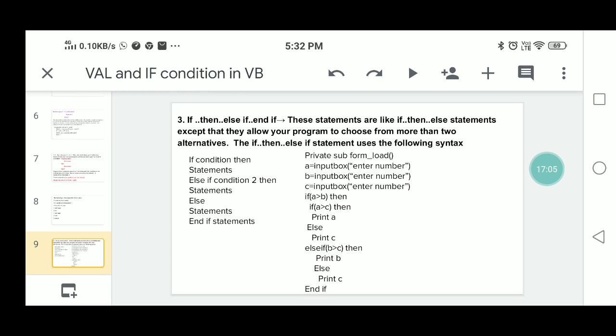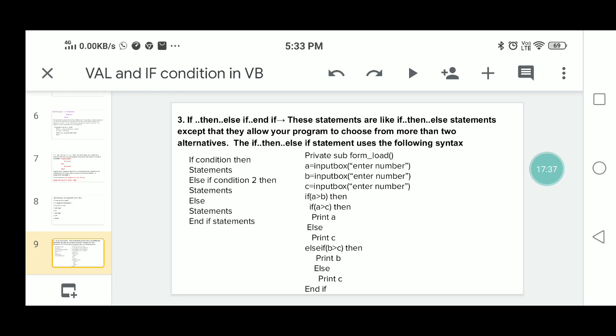Then next, if then else if. This is the else if statement construction. These statements are like if then else statements, except that they allow your program to choose from more than 2 alternatives. So you are not limited to just if, then, else; you can take if then, else if and else, like that. So nested if statements are there.